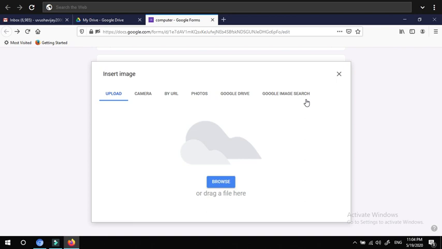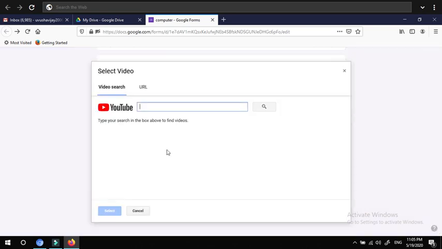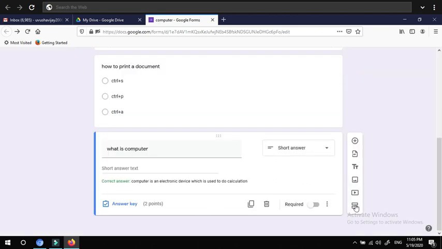Similarly, we can add images as a question also. So from that image, the student should be able to find some answers. Okay, so like that you can make it. You can insert an image as a question, and from that you can make students answer. Similarly, video also. You can insert any videos and you can make them answer from that.